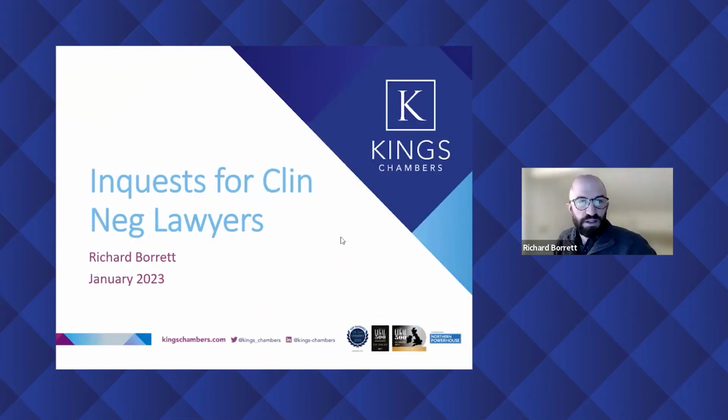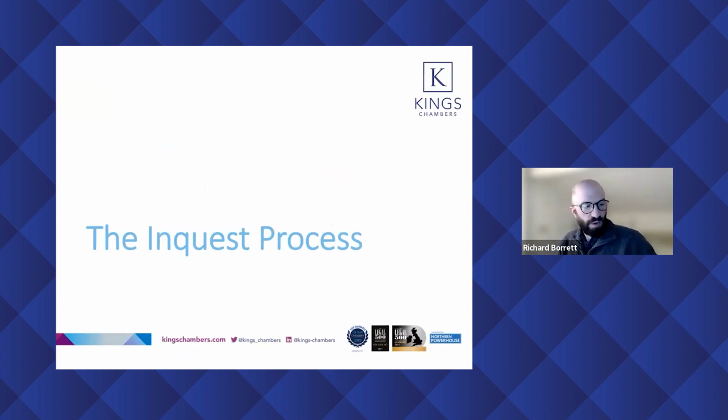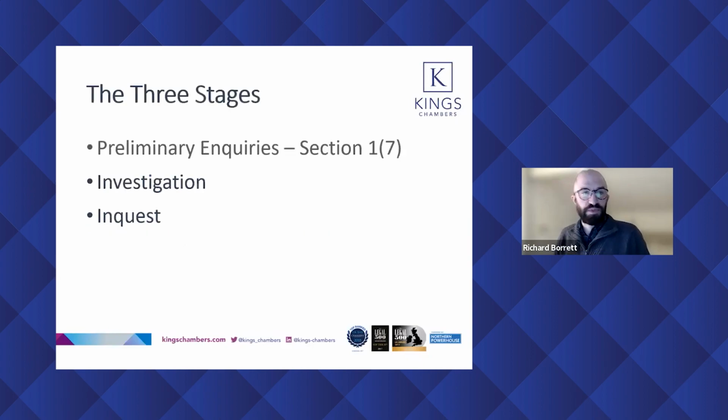So, in terms of inquests, the first thing we need to try to understand is the inquest process and how it operates is very different to civil litigation. Obviously, the most important difference is that it is not adversarial, it is inquisitorial. It is the coroner's investigation, and coroners will often be very keen to remind us of that. There are really three stages, and they are the coroner's preliminary inquiries, that is referral from the hospital or from police or whoever it may be, which may lead to an investigation, which may lead to an inquest.